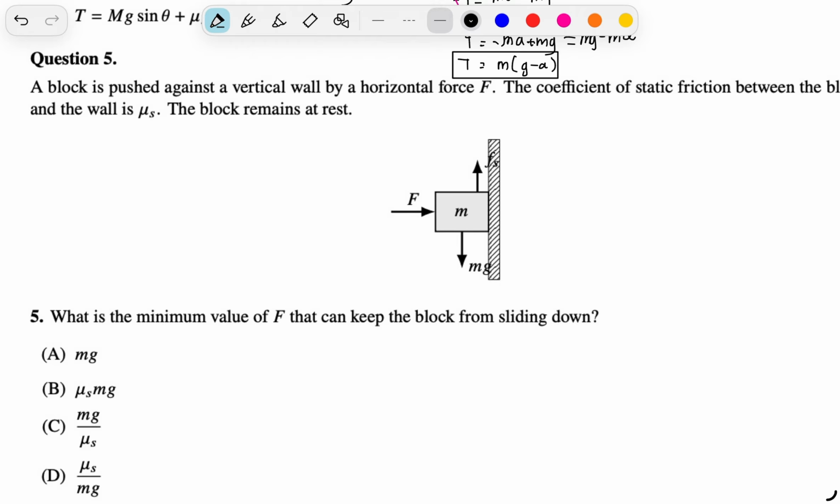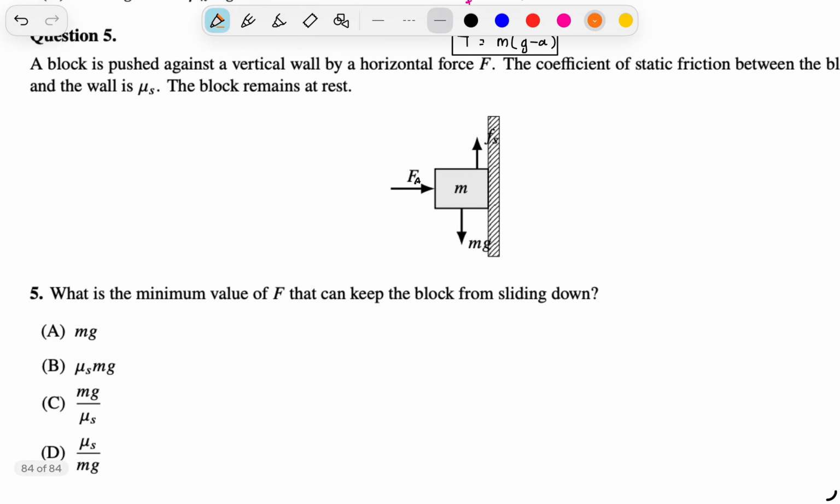Well, we have an applied force into the wall right here, and the wall is going to push back with a normal force as well in order to support it from going through the wall. So we know that there is no horizontal acceleration because our v is equal to 0, and we have Fn equal to F in the horizontal direction. So in the vertical direction, though,